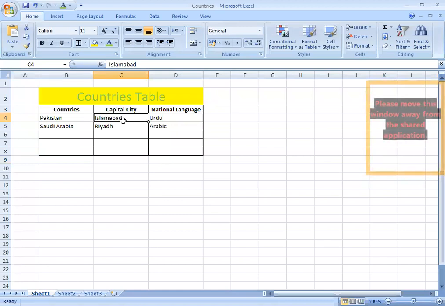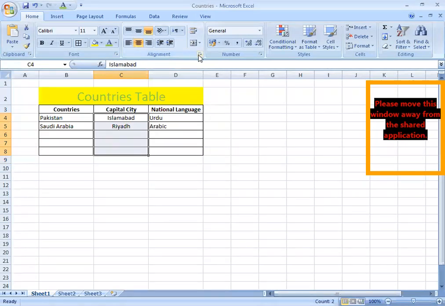If you want to make these cells center aligned, you will select the two cells and in the alignment group, you will select center.